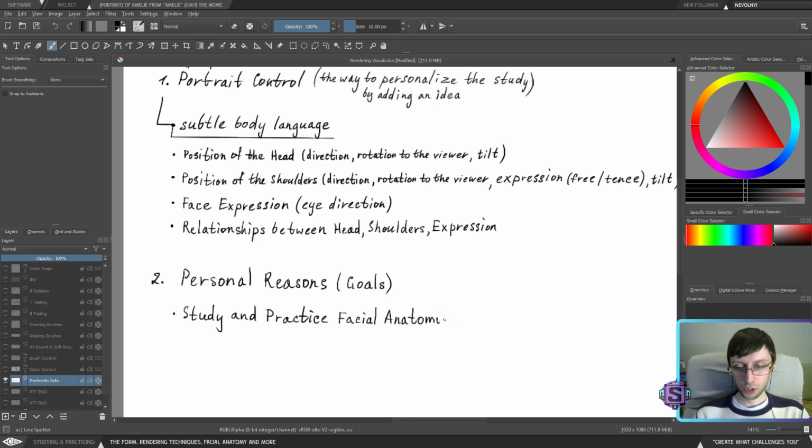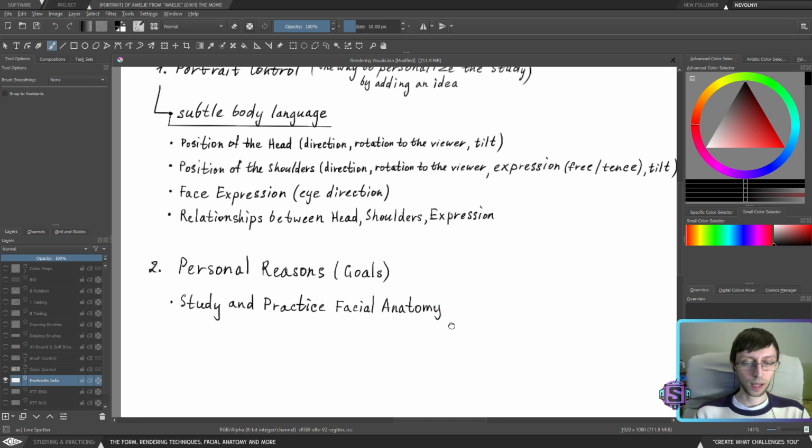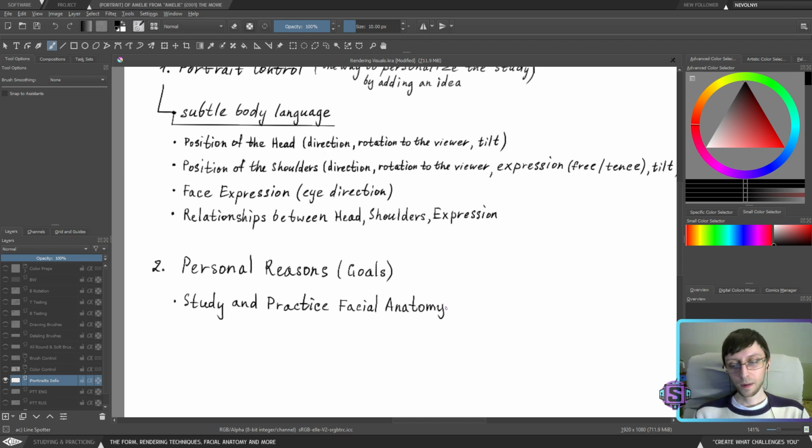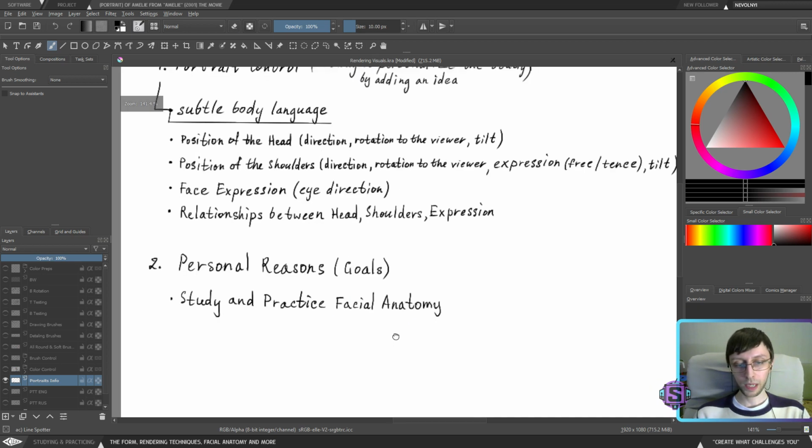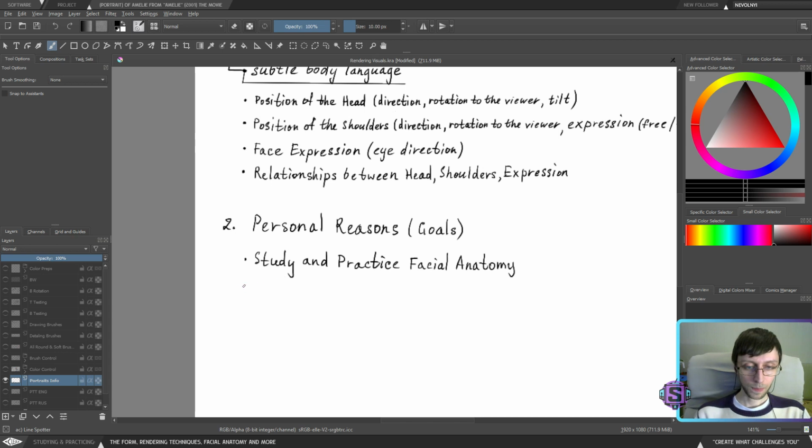And facial anatomy is a good start because it's tameable. I mean, it's pretty hard to tame body anatomy because of its complexity, but it's possible to tame facial anatomy because you can break it down to a simple scheme, knowing how many muscles you need to establish and how they work, and that's it. The human body is much more complex. At some point we will get the same thing with the human body, of course, but for now the only part of the body we're going to study outside of the face is the neck.